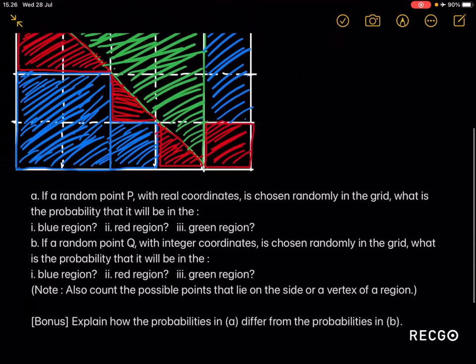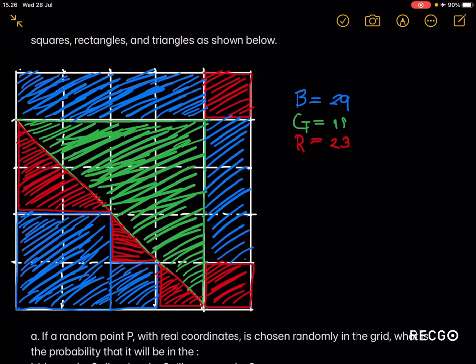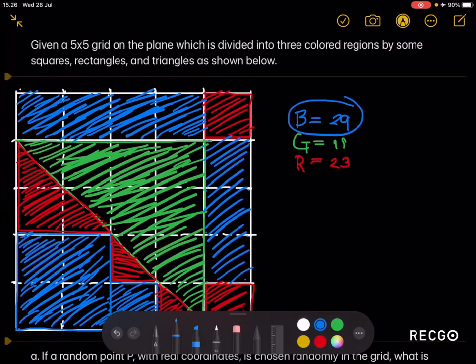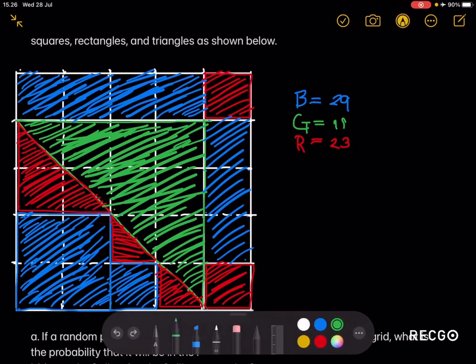Now for part B, this is a little bit different. We need to calculate the number of possible points that are considered in a specific region. For example, the number of integer coordinates in the blue region is 29, and I'll show some of the work right here. So let's count the number of possible points in this region right here, which will be 1, 2, 3, 4, 5, 6, 7, 8, 9, 10, and the last one in the middle, that will be